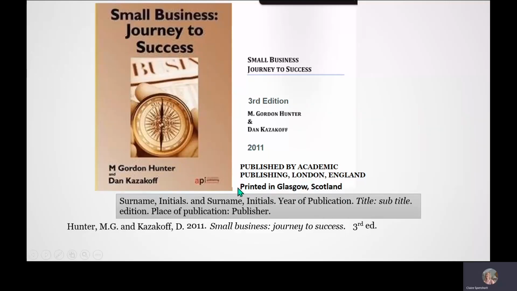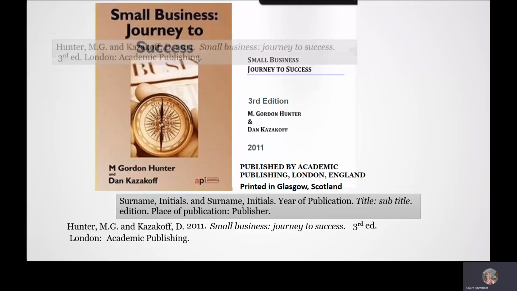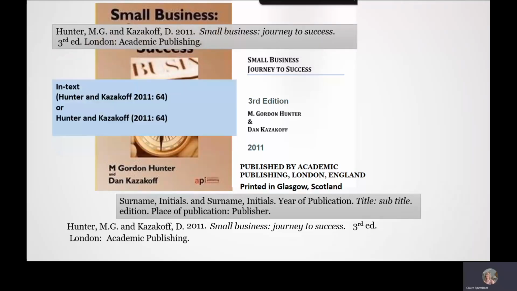The printing doesn't make any difference. We're looking for the publishing details. So we would use London as the place of publication, and the publisher is Academic Publishing. In text, again, would be Hunter and Kazakov, the year 2011, and then you would select the page number.